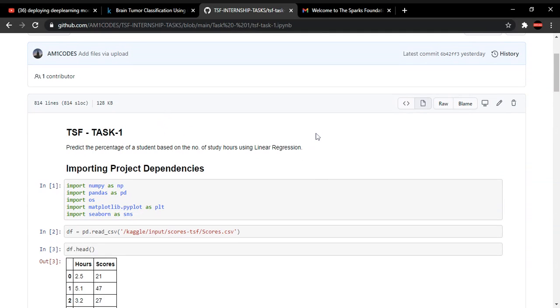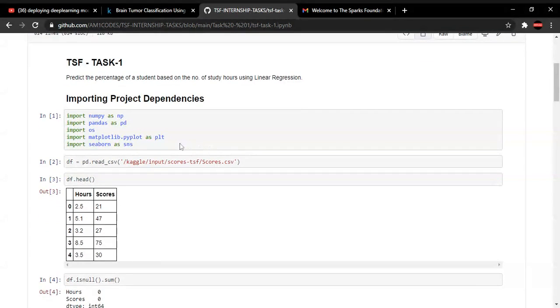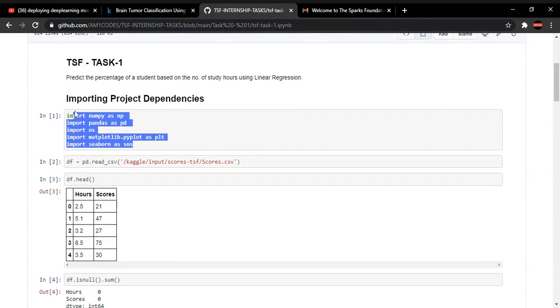Alright, everybody. So, welcome to the TSF Task 1. And in this, we'll be obtaining the percentage score of a student depending on the number of hours that is studied, and we'll be using linear regression for this purpose. So, we first start by importing the project dependencies of the libraries that we use to make this project or